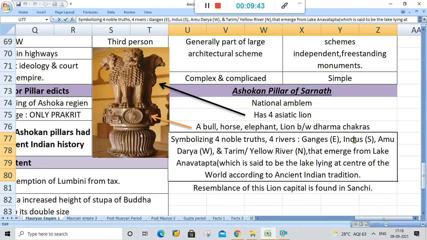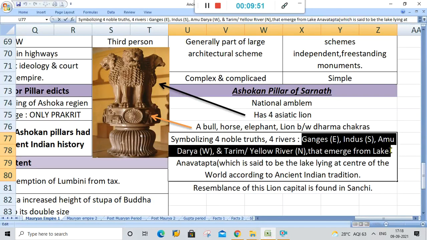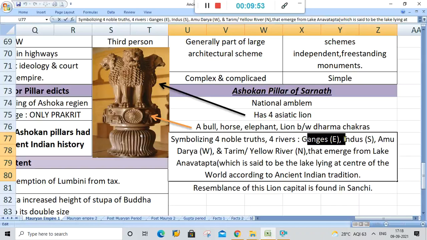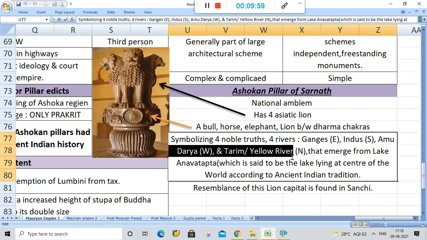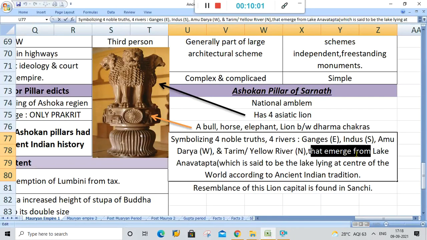It is said that these 4 animals and these 4 lions symbolize the 4 noble truths and 4 rivers, which are the Ganges, Indus, Amudarya, and Tarim or Yellow River. From each of the sides, each of the directions, that is, the Ganga from the east, the Indus from the south, the Amudarya from the west, and the Tarim or Yellow River from the north, they emerge from the lake